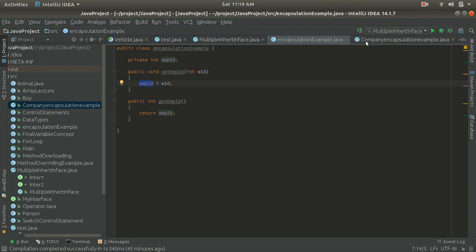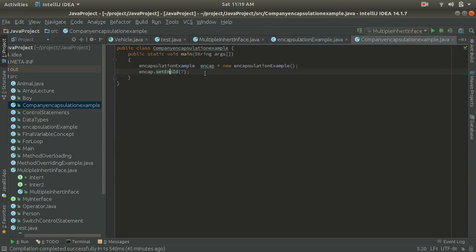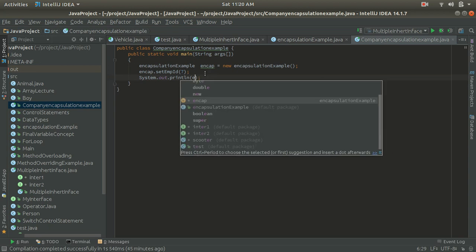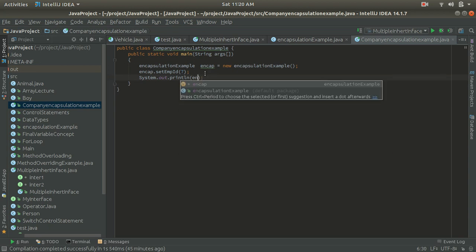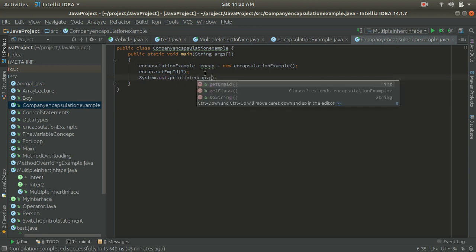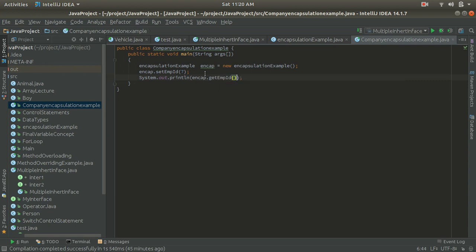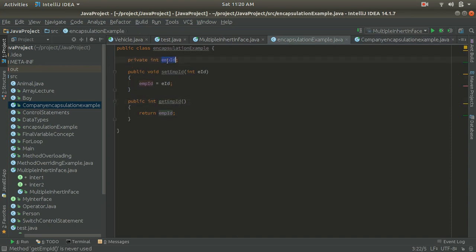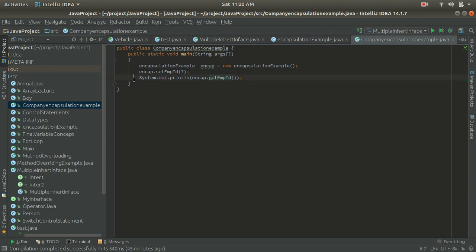Now, in the same way, let's say I am fetching the value inside our System.out.println, and we are doing encap.get, calling get employee id. This get employee id will fetch the value from emp id and show it in our console.